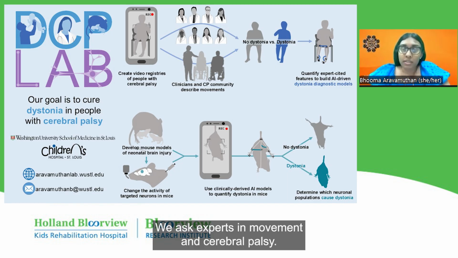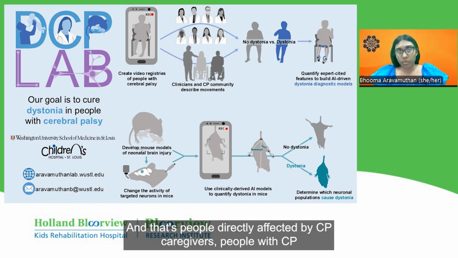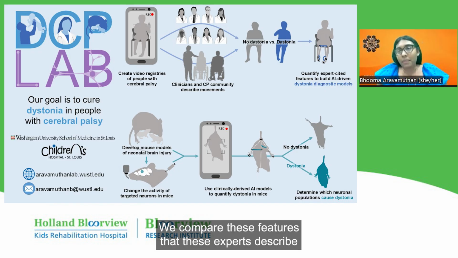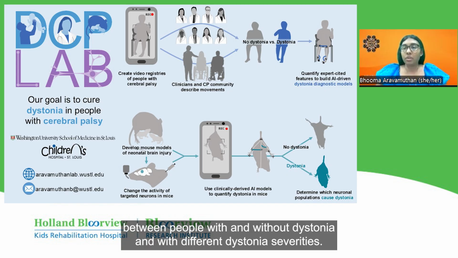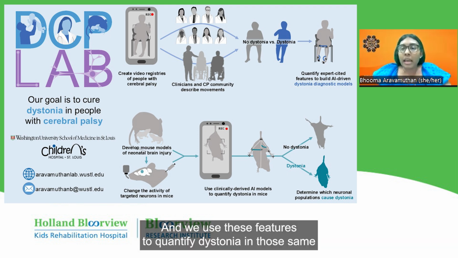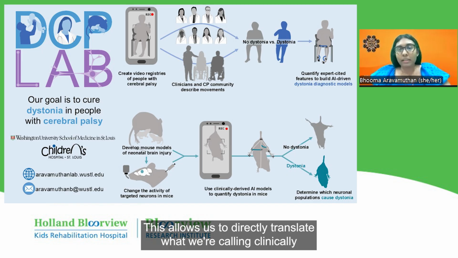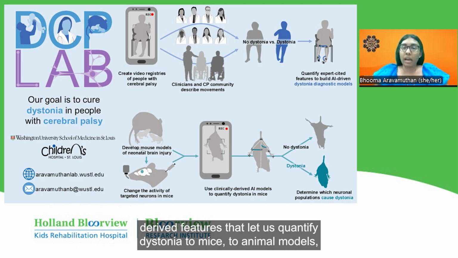We ask experts in movement and cerebral palsy, and that's people directly affected by CP, caregivers, people with CP, and clinicians, to describe the movements they see in these videos. We compare these features that these experts describe between people with and without dystonia and with different dystonia severities. And we use these features to quantify dystonia in those same videos using pose estimation techniques and machine learning techniques. This allows us to directly translate what we're calling clinically derived features that let us quantify dystonia to mice,